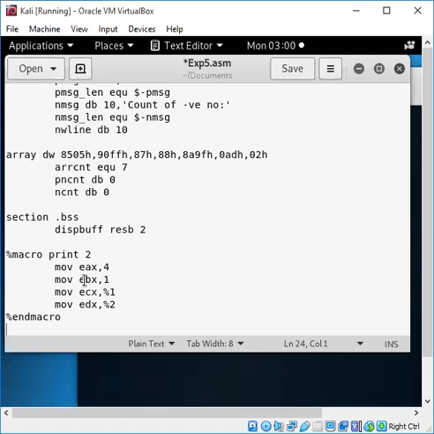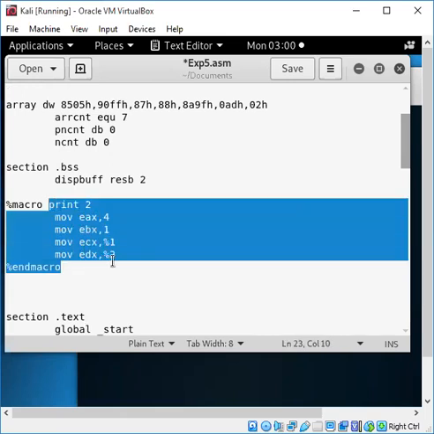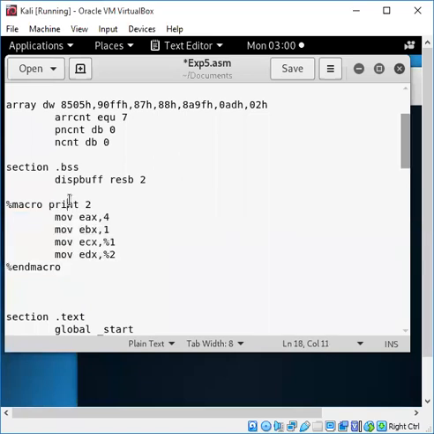Now this macro will be the important part, because a macro does this repeated part, whatever instructions you are writing repeatedly. System call for read, write. So here we are doing a system call only for write, printing something to the output window, that is a count. So that's why we have taken only one system call, that is a print. You can give any name for this. The syntax is macro and macro name, with 2 arguments for this; you can pass more arguments if required. So this is a system call for write, eax comma 4.